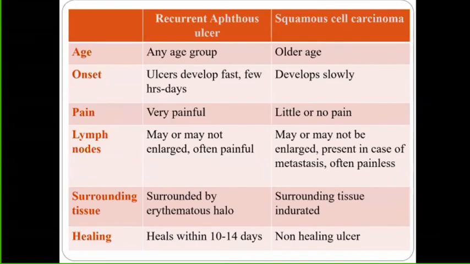Now, aphthous ulcer and squamous cell carcinoma. Now, we all know whenever we see a non-healing ulcer, we always call it a malignancy because the ulcer has to heal. If the ulcer is not healing, that means the cause is a malignant problem. Right? So, how will you differentiate a single non-healing ulcer from an aphthous ulcer? Aphthous ulcers can occur generally from the second decade of life till the patient is alive. Okay, so any time you can have an aphthous ulcer. But squamous cell carcinoma is generally in the older group.